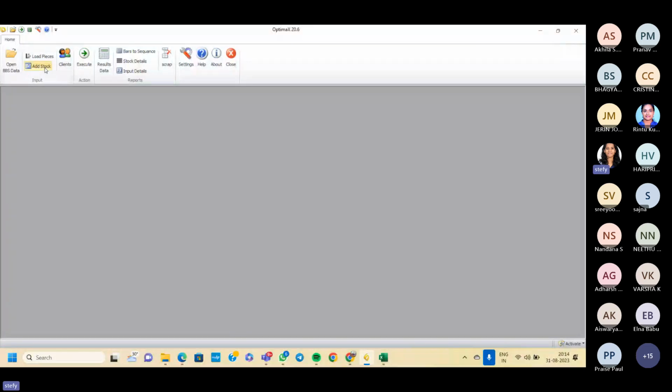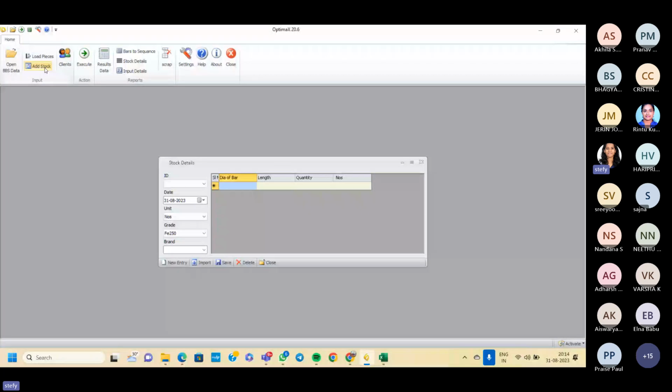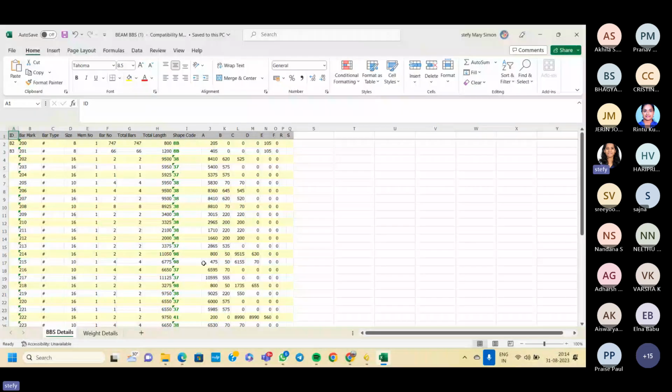Add stock, like as Rintu has mentioned, we have a BBS data from a previous project, and in this BBS data we have many size dia bar 8, 16 and 10. So this is what we are going to put as an input for our Optimax. So unit is always given in numbers, grade is 500 FE, brand is given as data. So first dia